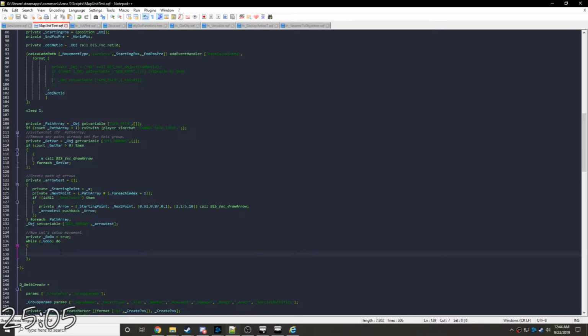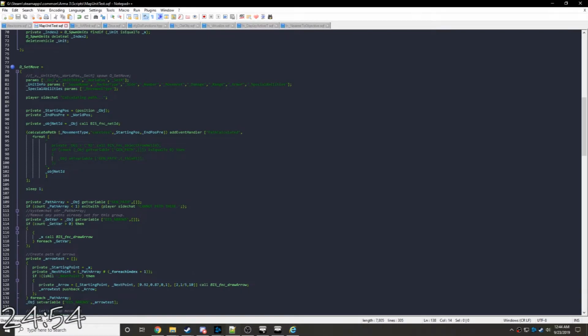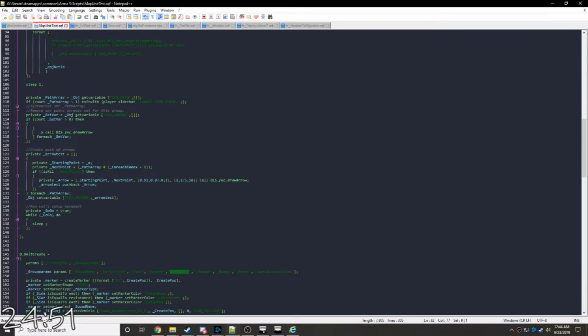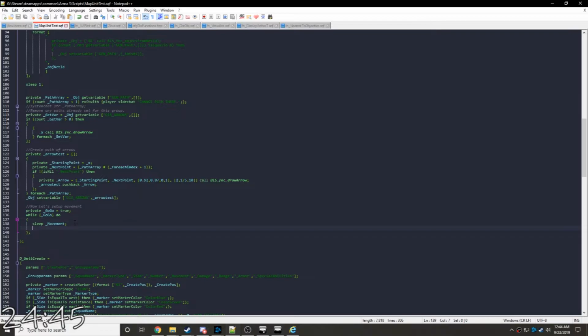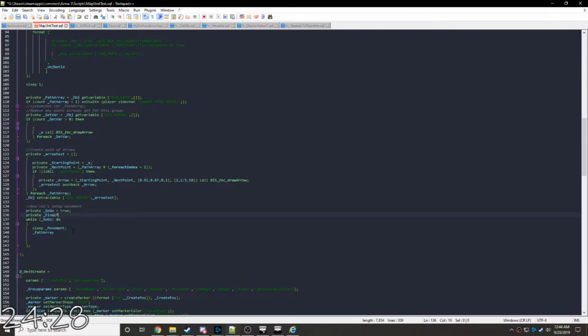So we're going to add a sleep in here. It's actually going to be in the beginning. And the sleep is going to be, you probably guessed it, the movement timer, so sleep movement. And then from there we're going to do all the path stuff here. So what's the condition to go? If current final point equals,